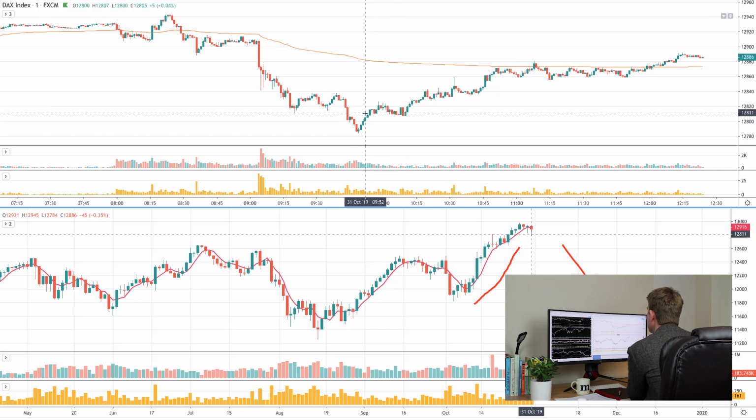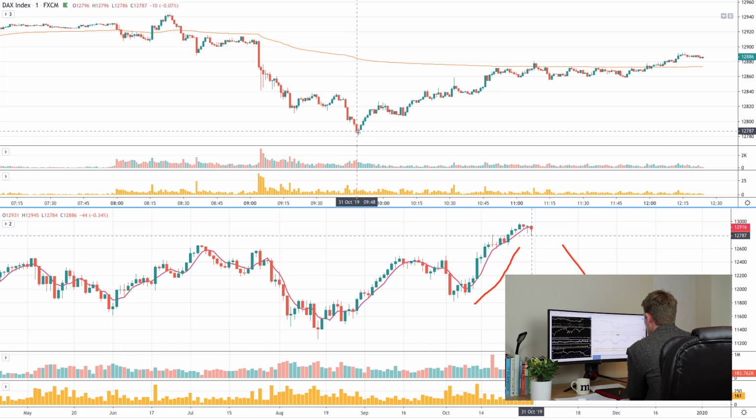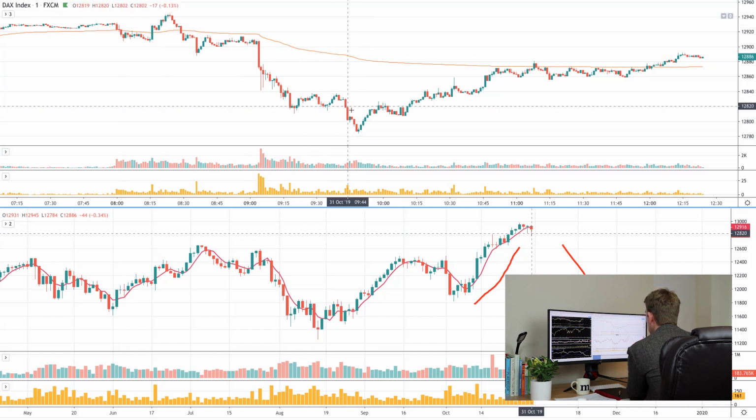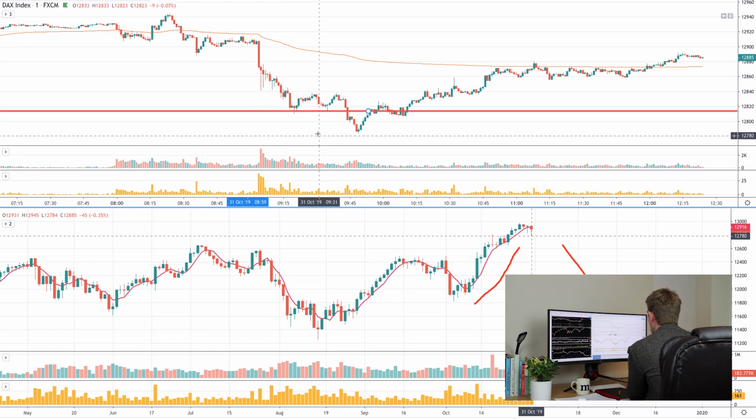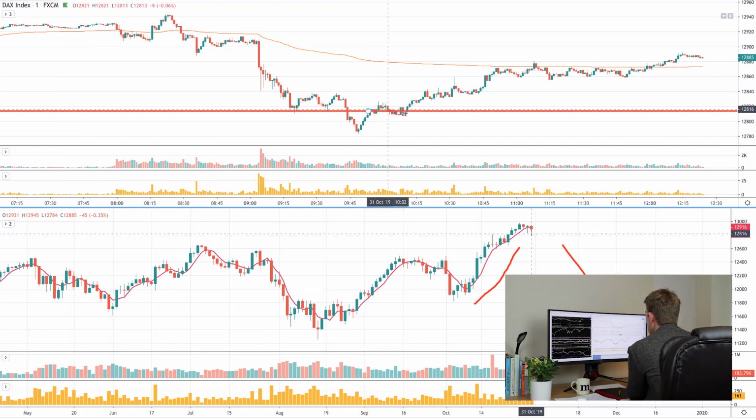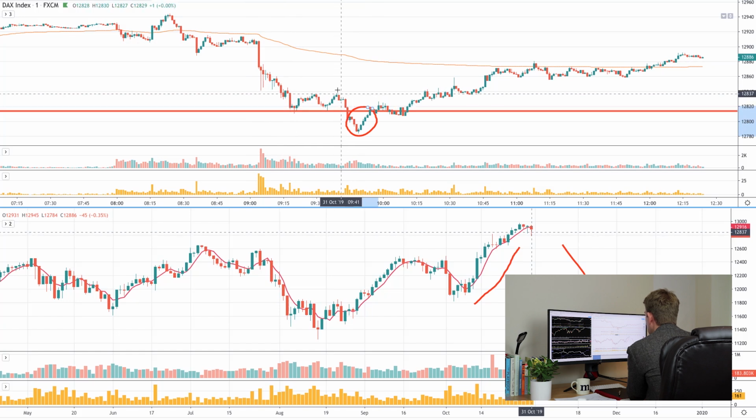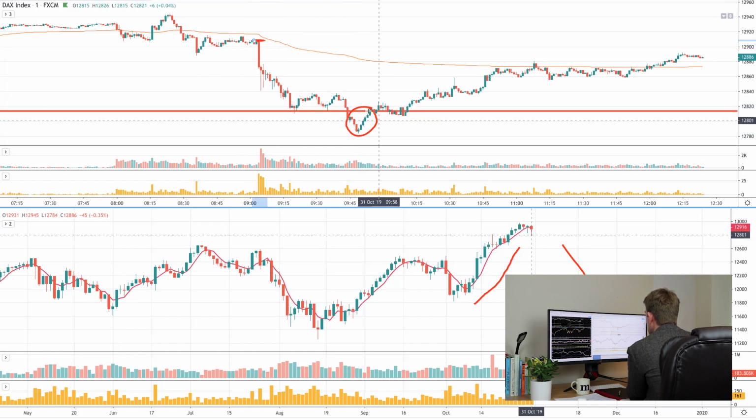Now, the first indication that potentially the supply-demand imbalance has changed is the number of green bars. 1 minute chart here, 1, 2, 3, 4, 5, 6 minutes, pushing back up to our prior low. Now, this is where we go, all right, we've seen some strength. And also, looking at this, guys, this here is the biggest move you've had onto the upside since we kind of fell to the bottom.